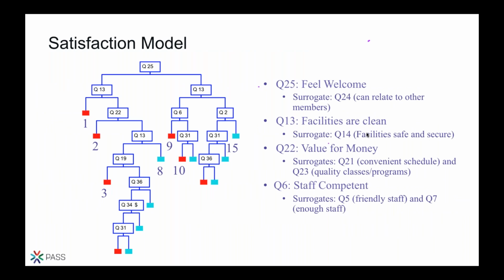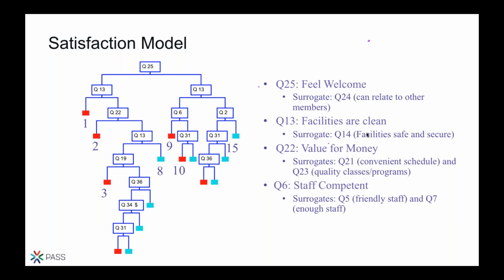So the way decision trees are built is like this, and you can't see me as a lecturer, so I normally do this with my hands. I'll describe what my hands are doing. Imagine in your mind an Excel spreadsheet with, in this case, 13 columns of inputs in this data, and a 14th column, which is the target variable, which is satisfaction. All 13 columns are candidate inputs. What the decision tree does is this. It starts from scratch. It says, look at all 13 of these columns, find which one does the best job at splitting the data into subgroups so that those subgroups are more strongly related to